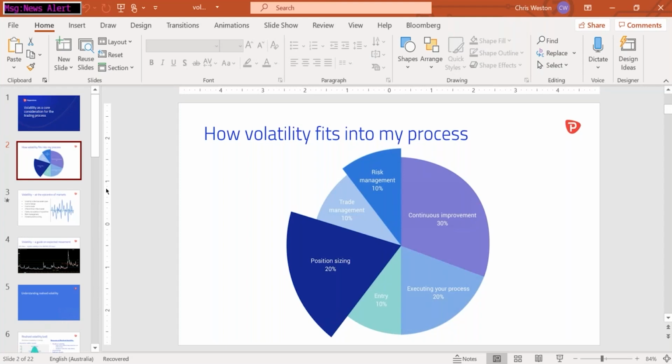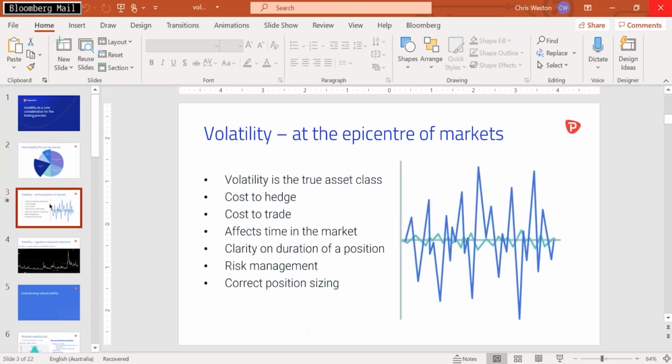If you can see, I think there's probably a little bit of a delay here, but you can probably see how this fits into my trading process. This is my full trading process that I've got here as a pie chart. I want to talk today about risk management and position sizing and how we can use volatility to work that much, much more readily. I want to play some trades. I want to show you on our charts how we can actually identify volatility and how we can use it to enter positions. And as I discussed in the previous webinar,